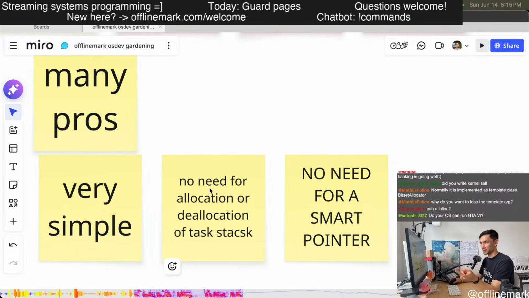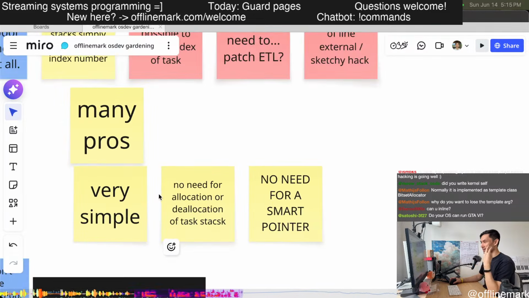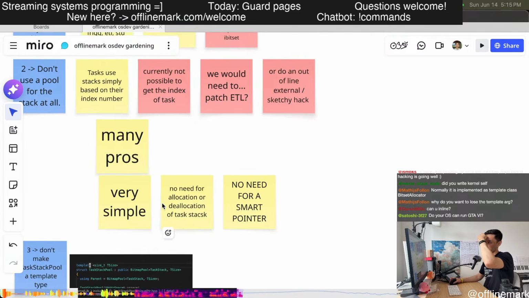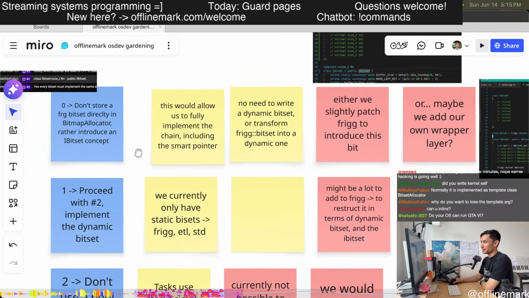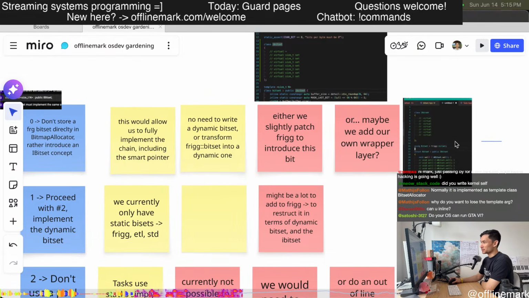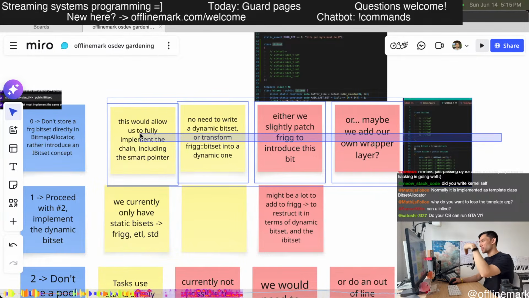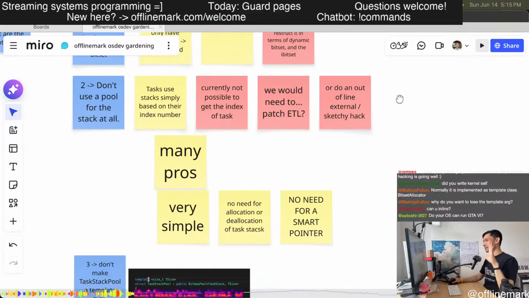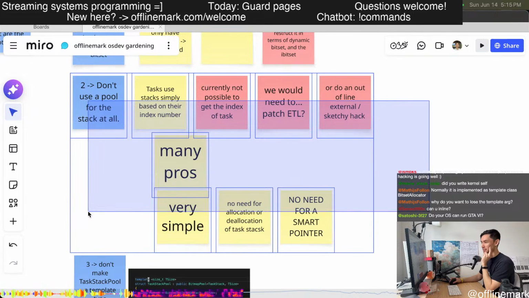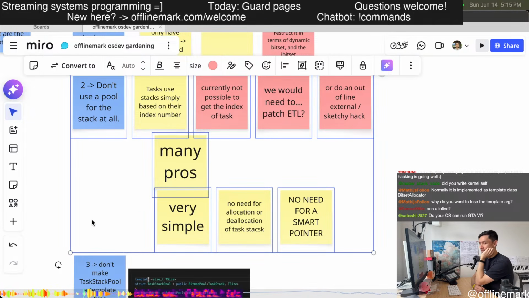We don't have any allocation or deallocation of the task stack. It really simplifies a lot of things. And so what I want to say is I think this solution is like a local maximum that seems really good, but if we look a little bit around, I feel like this solution is actually really the best one.